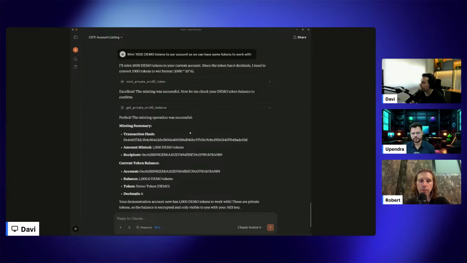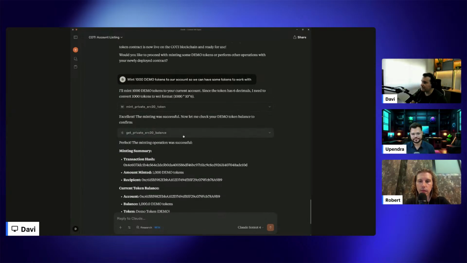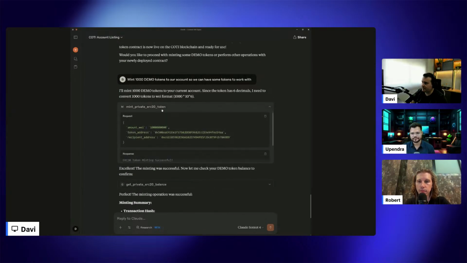MCP is a protocol, so there should be some metadata these AI tools are getting from the MCP to convert in exactly the same manner and with the same parameters, maybe. Yeah, in the tool, for example, when you mint private ERC20 tokens, here you can see amount wei, because I'm specifying that I'm expecting to receive it in a wei format, and that's why the AI will convert to wei.